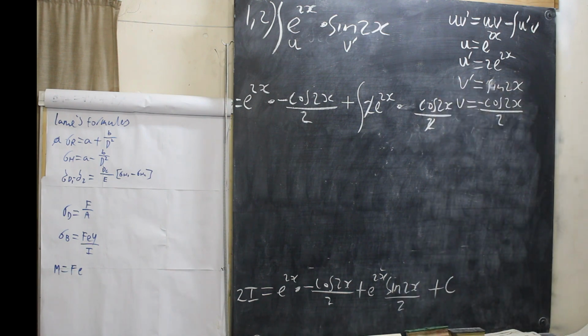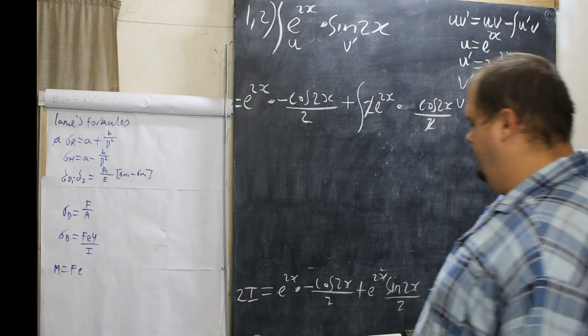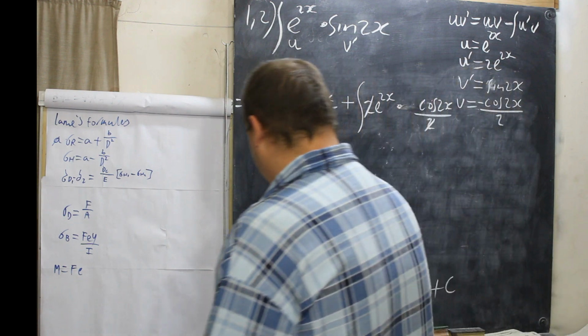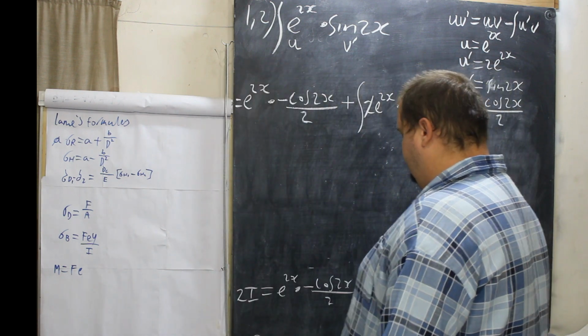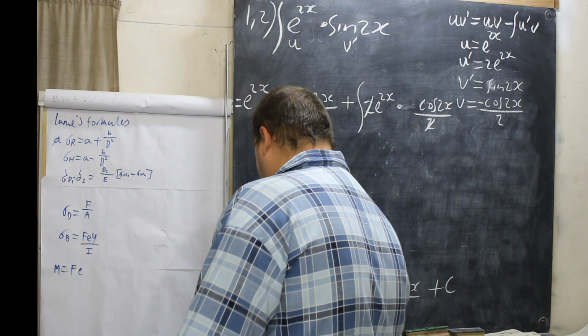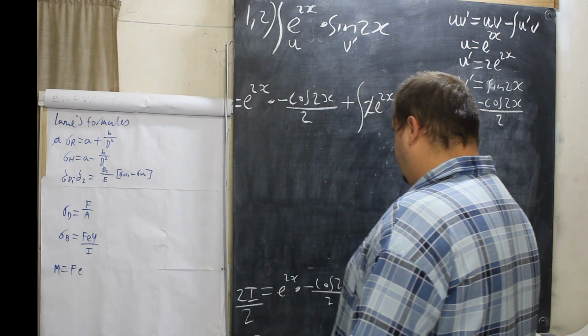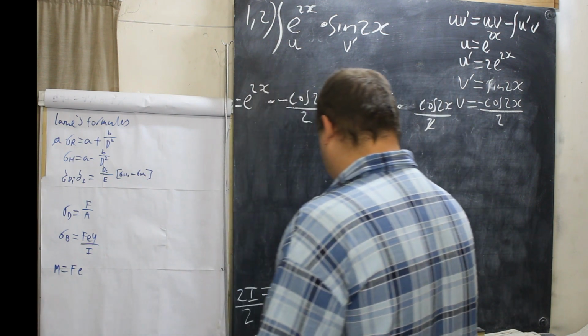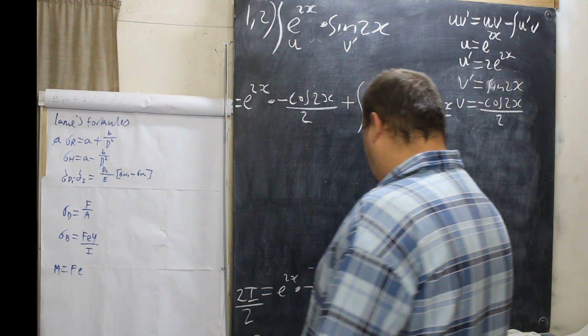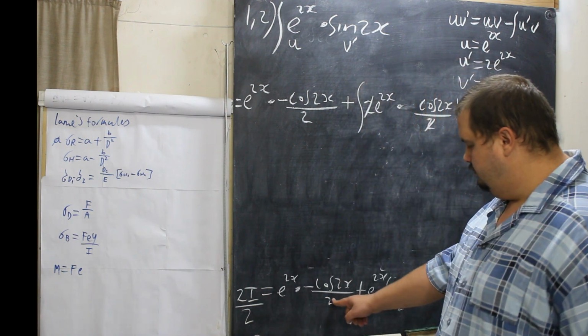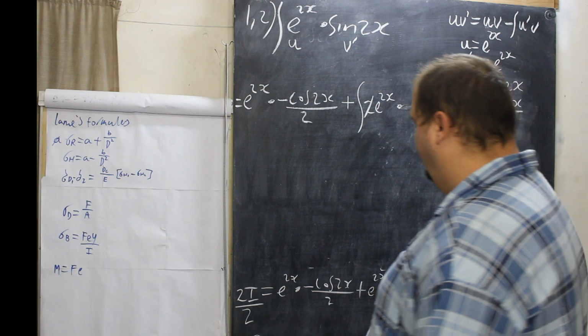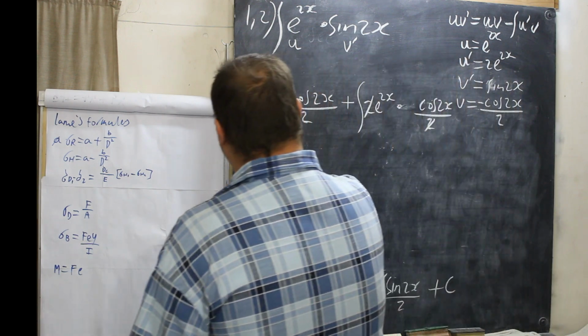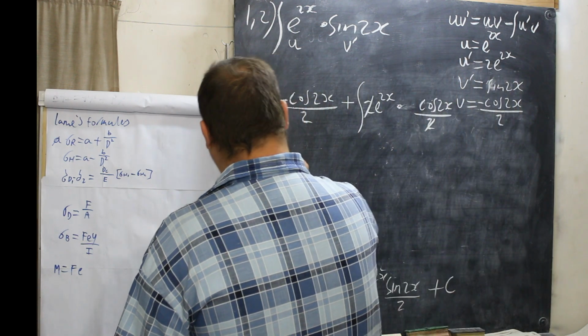Can you get that? And then now we divide both sides by 2. So divide by 2 to get I on its own. So that remains the same. This is 4. That is 4. So what we're going to say is I equals